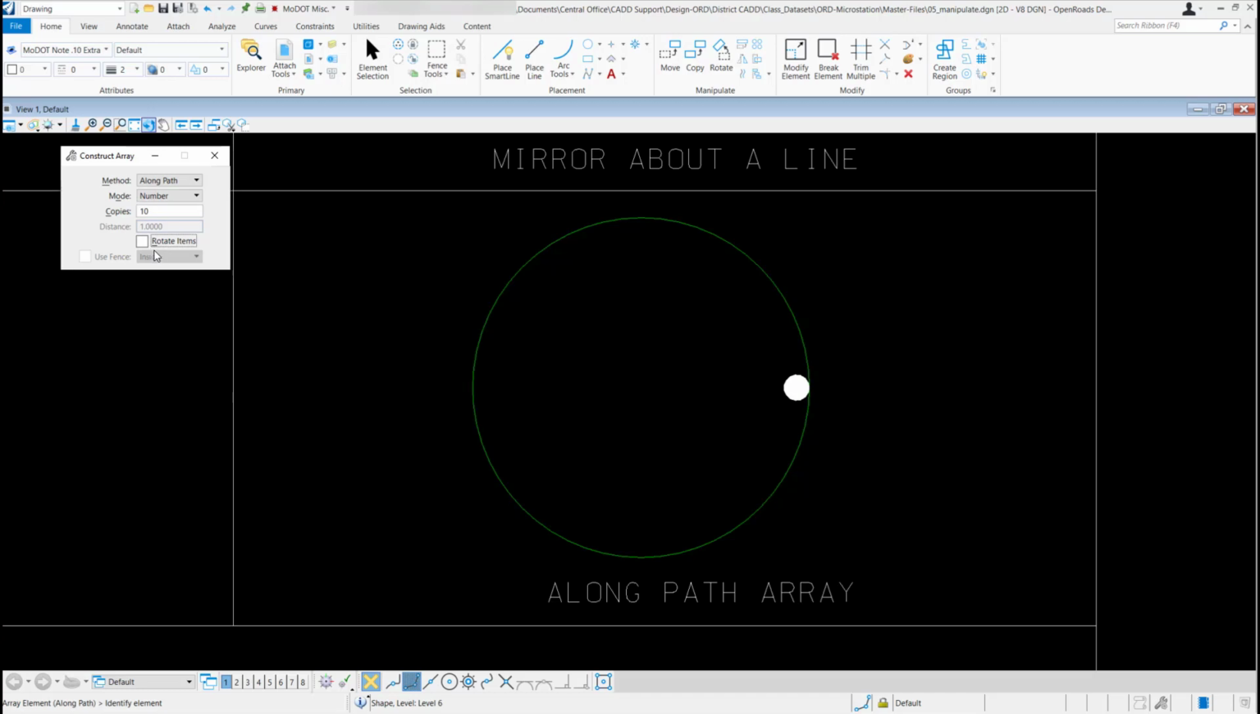Now it's going to want me to go out and identify the element. I'm going to identify the circle. Left click to accept it. Now it wants to know the path start point. I'm going to come in here and snap where that circle and the larger circle meet. So I'm going to left click to accept it. And now as I drag my mouse around that path,